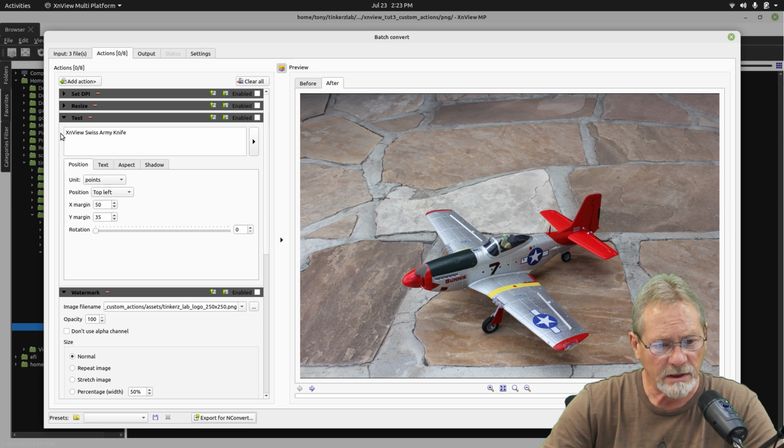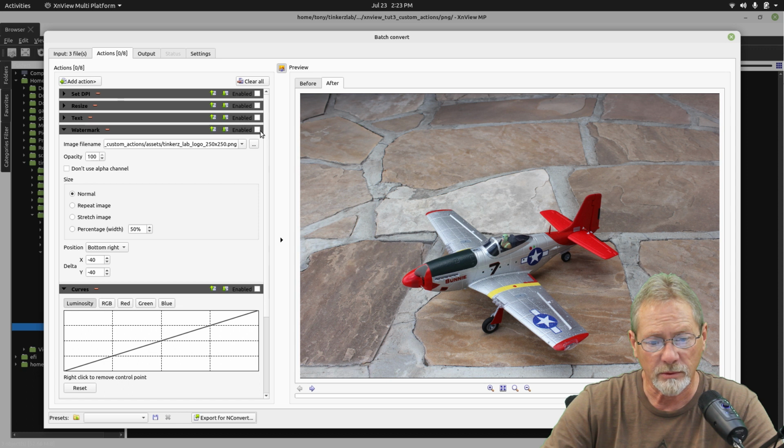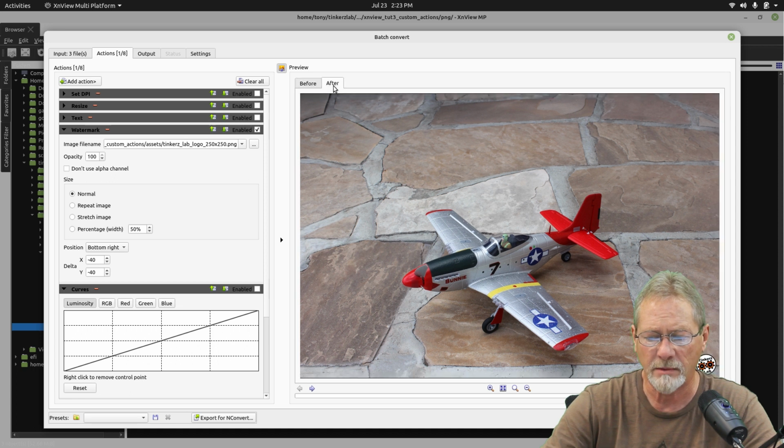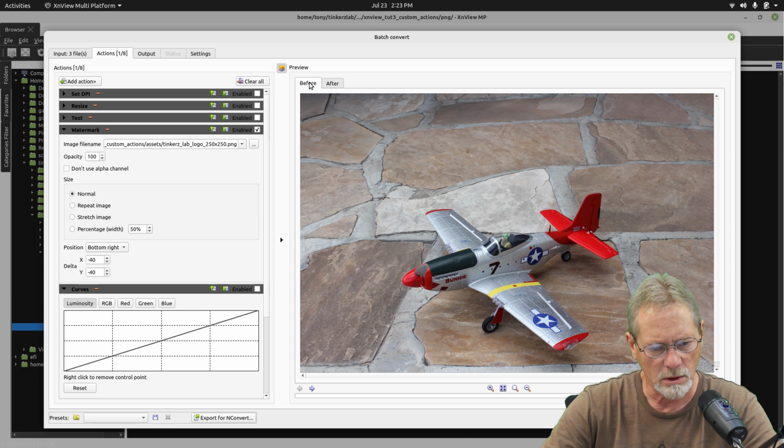But I am not going to enable the text, but I am going to enable the watermark, and it will show you the before image. And then if I enable the watermark and then we look at the after tab, now you'll see that the watermark is displayed in the lower right hand corner. Alright, so I'm going to minimize that,